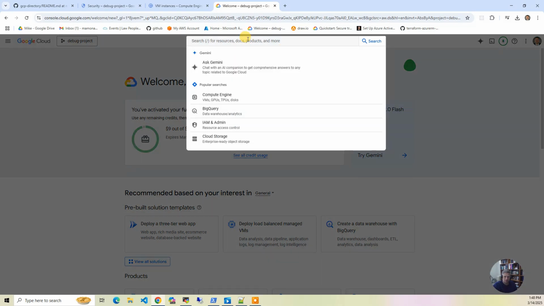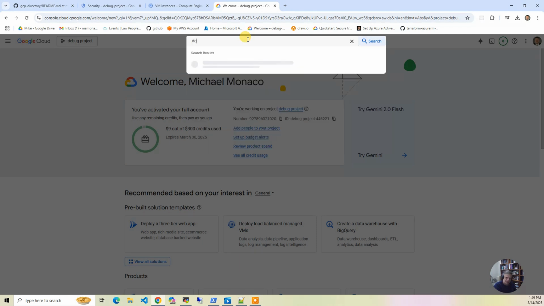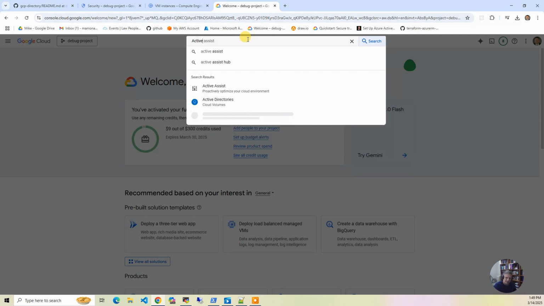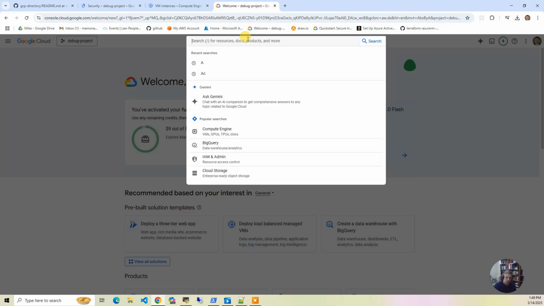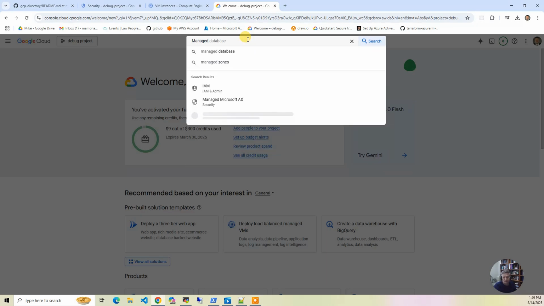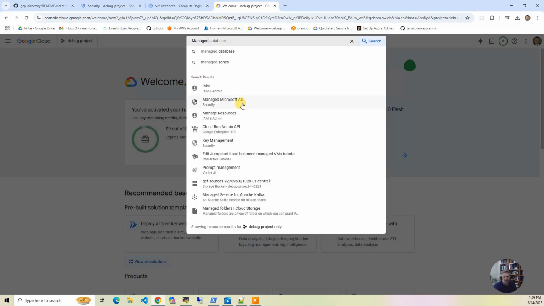And so what I'm going to search for, and it's actually a little bit difficult to find the Active Directory, because if you put Active Directory in here, it doesn't show you. So what you want to do is say managed, and that'll bring up Manage Microsoft AD. So we'll click on that,